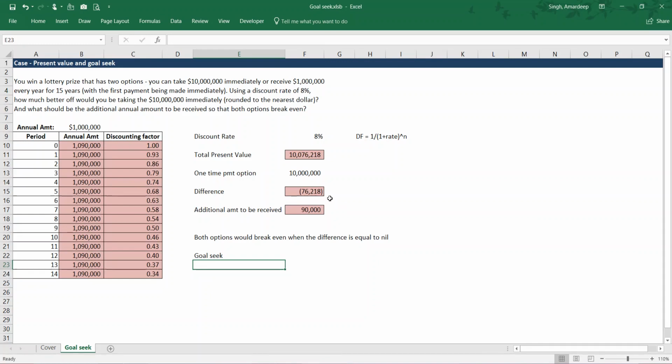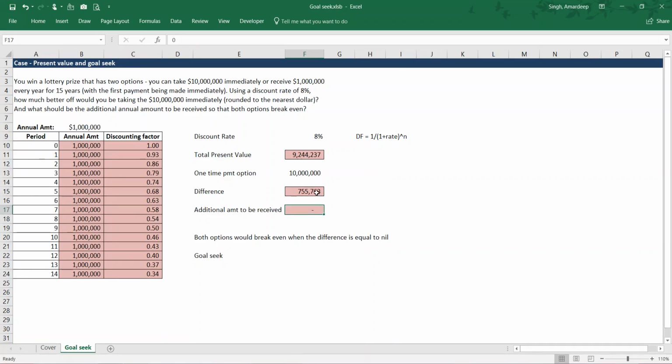And how would you make it equal to 0? By changing an input cell. And what is that input cell? This one, which is additional amount to be received. Alright, so instead of doing this by using hit and trial, we can just reinstate the original value of 0 out here. So I've again put a 0 value here, and now I'm going to be using the goal seek functionality, wherein I would say that we need to set this difference value to a nil value by changing this